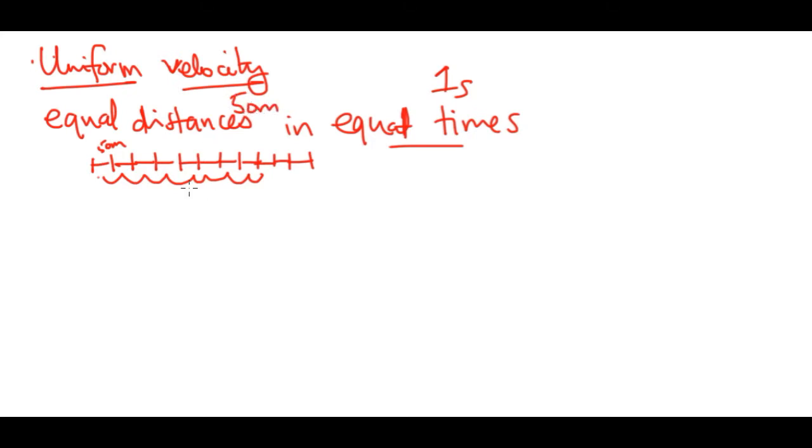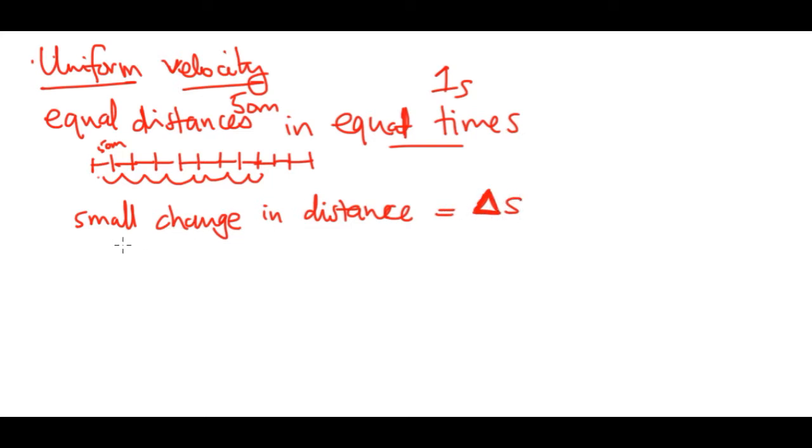So if that small change in distance, let that small change in distance be equal to delta S. This delta S just means change, right? So if the change in S is given by this delta S, and then if my small change in time